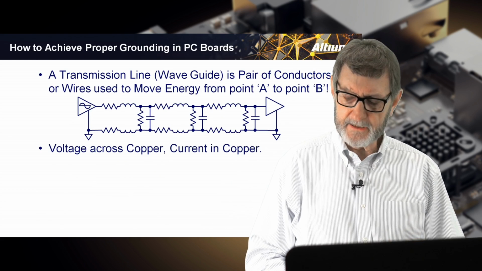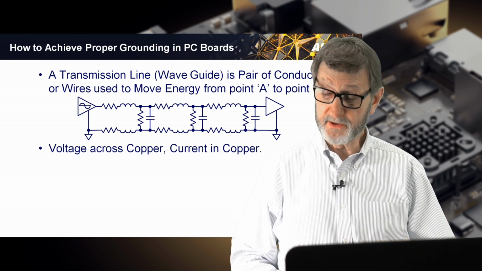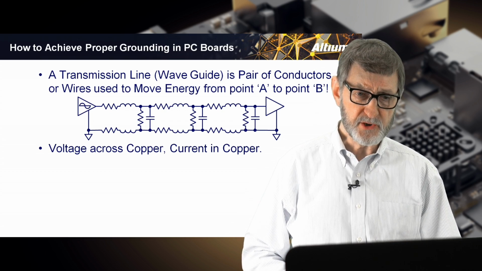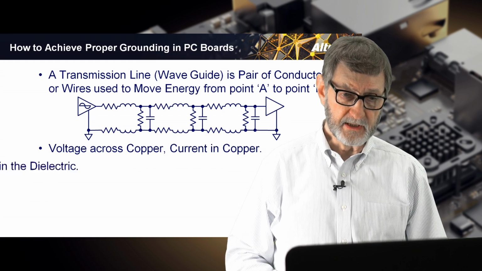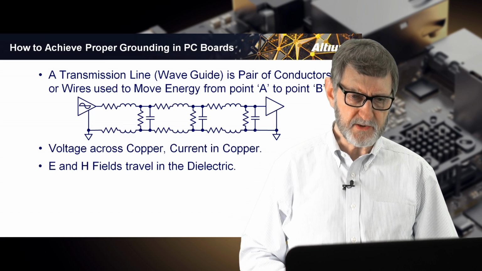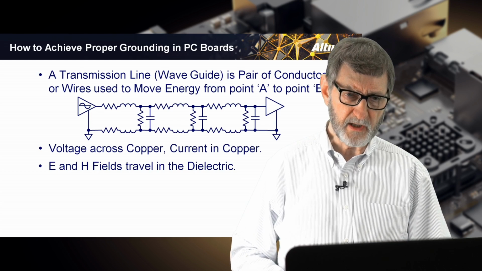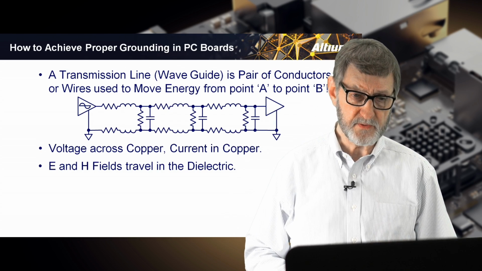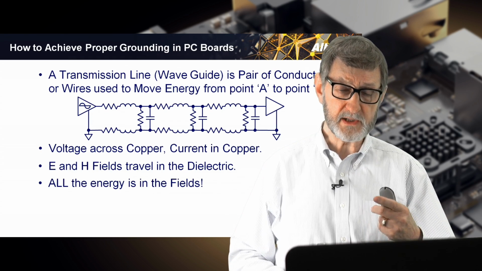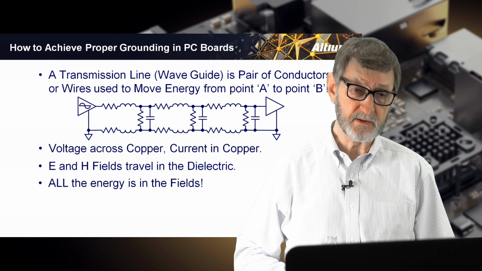A transmission line is any pair of wires or conductors used to move energy from point A to point B. There's a voltage across the copper features. There is current in the features. The energy, the E and H fields, are in the dielectric, meaning all of the energy is traveling in the dielectric between the copper features. And it establishes a voltage across the trace and the plane, and it establishes a forward and return current in the copper features